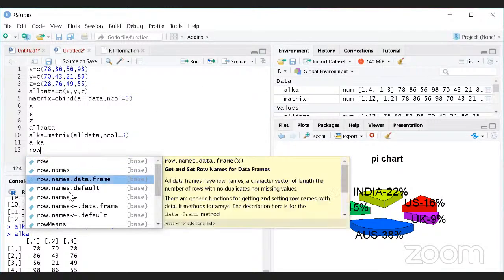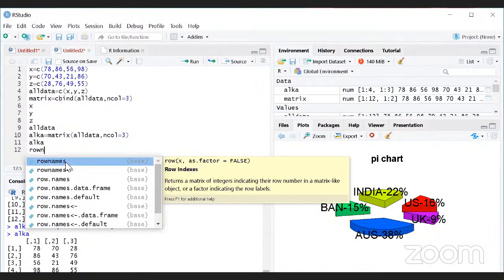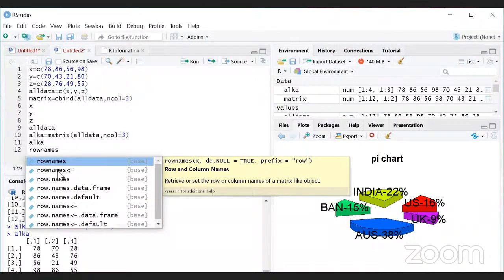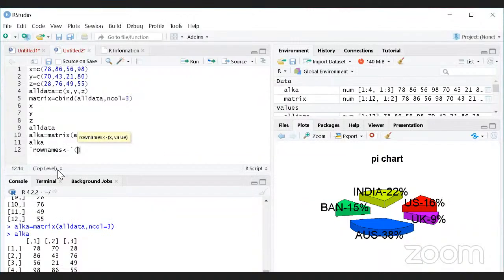Names, right. It is not an equal sign; use a bracket and the name of the matrix. The name of the matrix is Alka. Ma'am, you have given a space in rows, remove that space. Equals to